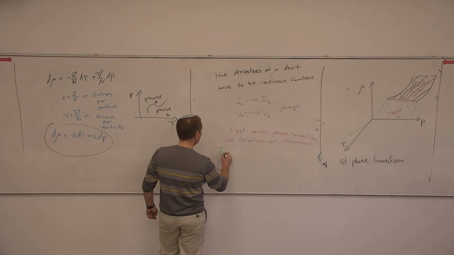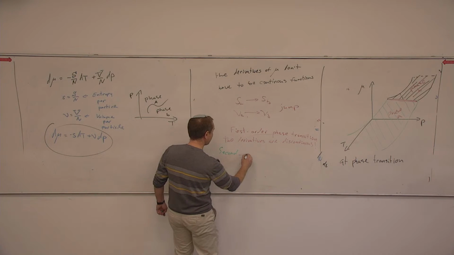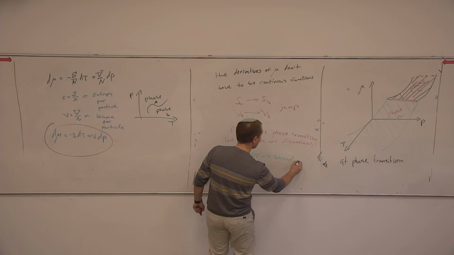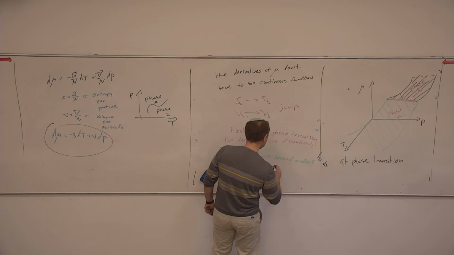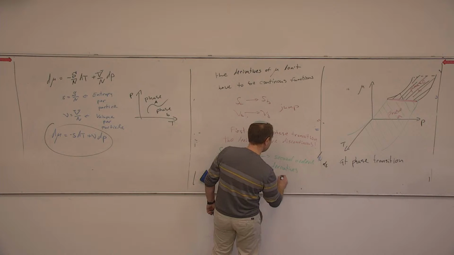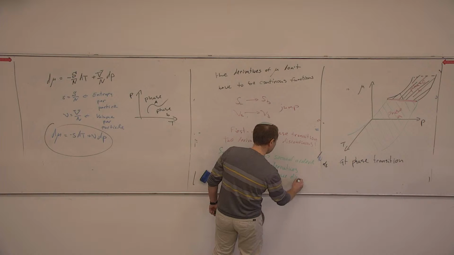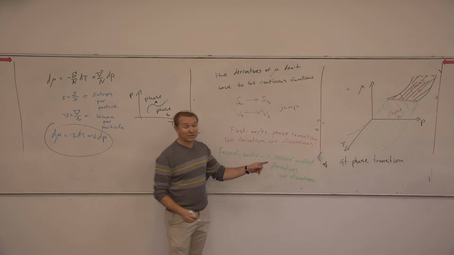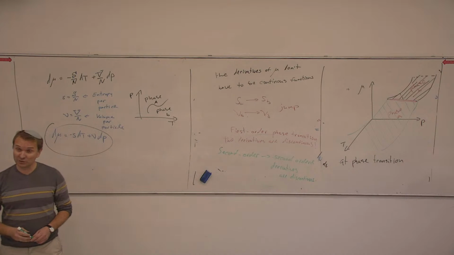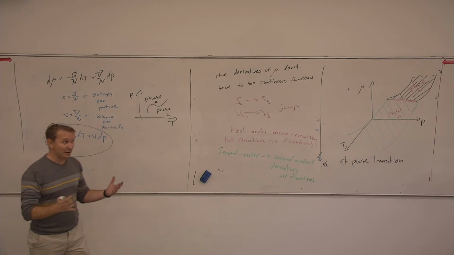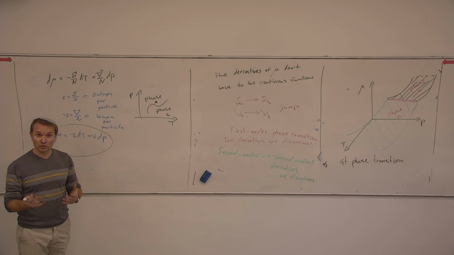Second order means second order derivatives are discontinuous. Something much more interesting happens for the second order phase transition. We'll see this, okay? But for the meantime, when I'm talking about first order, second order, what I mean is